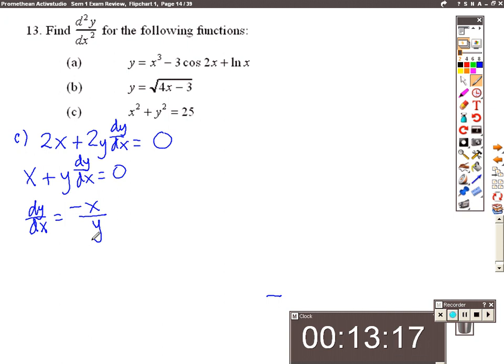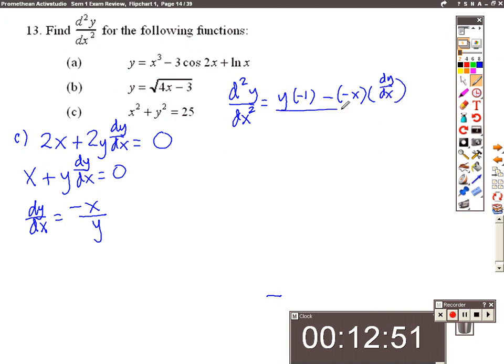So if I find the second derivative, which would be d squared y over dx squared, then I'm going to use the quotient rule, or I can bring the y up and make it to the negative 1 power and use the product rule. I'm just going to go ahead with the quotient. So I'll have down, d up, minus up, d down, and the derivative of y is dy/dx, over down, down. So that would give me negative y